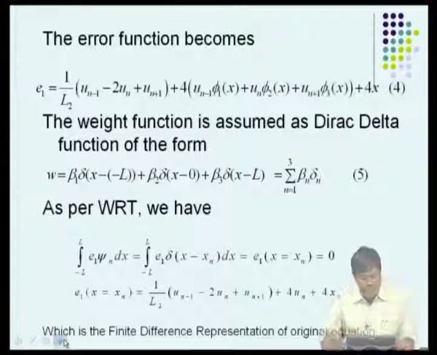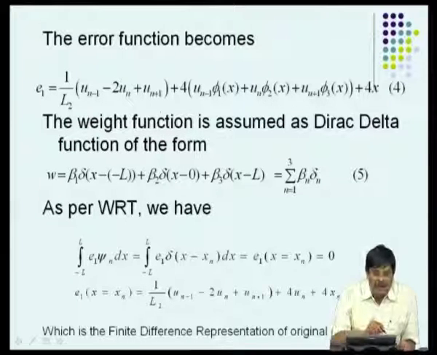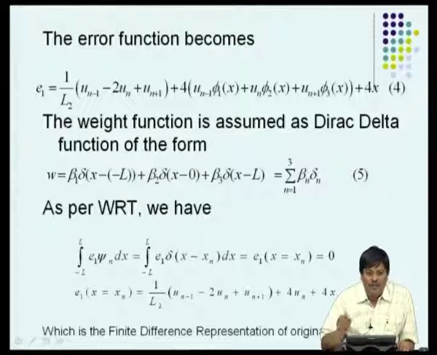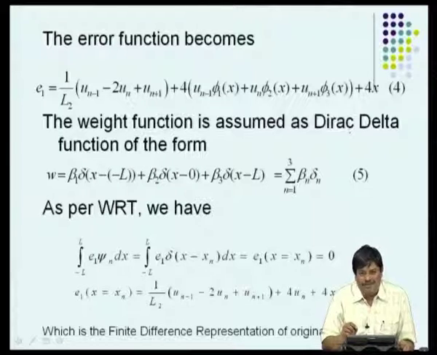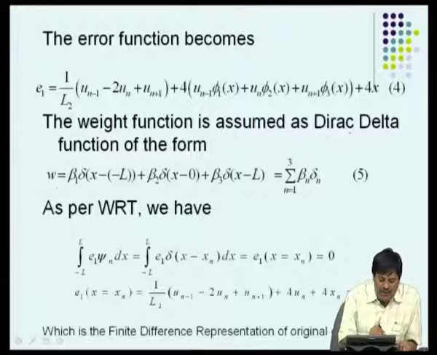So, when we plug this back here, we take the error in the function. The error in the function is given by this when we plug this approximate solution into the governing differential equation. Now, we choose the Dirac delta function as the weight function. When we choose the Dirac delta function as the weight function, that is, we assume the weight functions of this